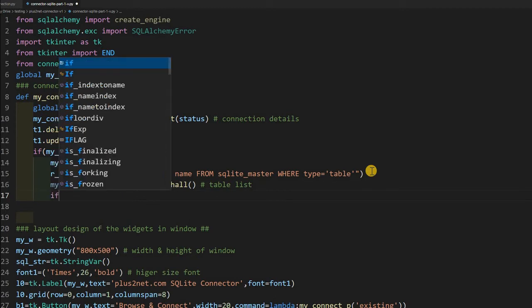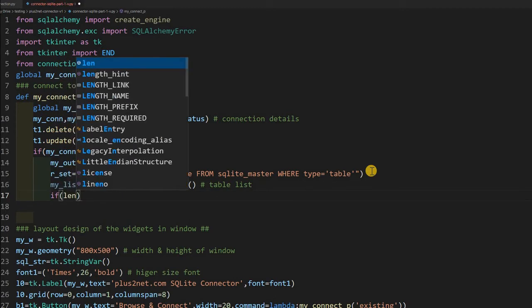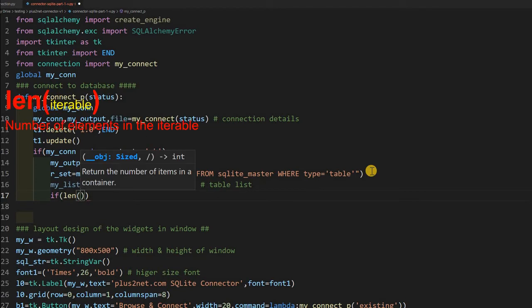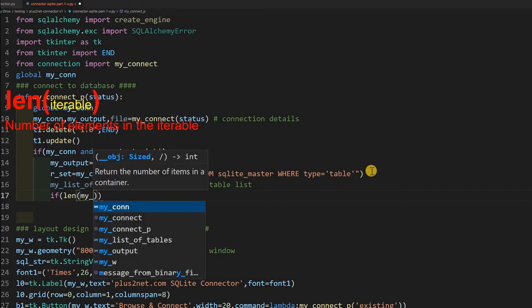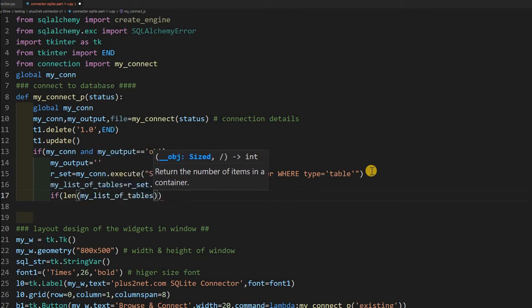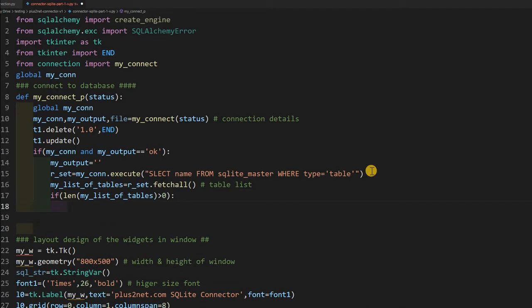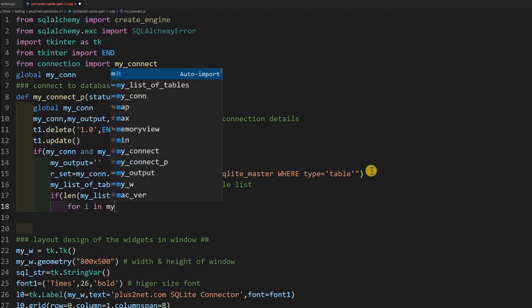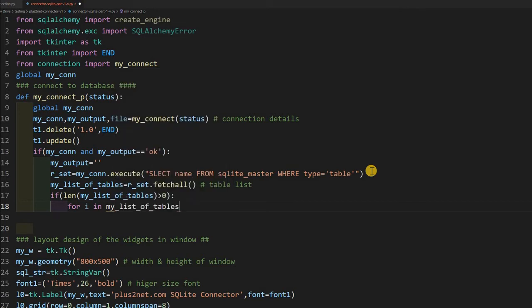Now what happens is, because a list is an iterable, the total number of elements available I can get by using len. So the len function is just the length of the item. Anywhere you can use it, it's a Python function. For any iterable object, it gives how many items there are. So now I am saying my list of tables len, and here I must say greater than 0. That means some table is there. Inside this, what I will do: for i in my list of tables,